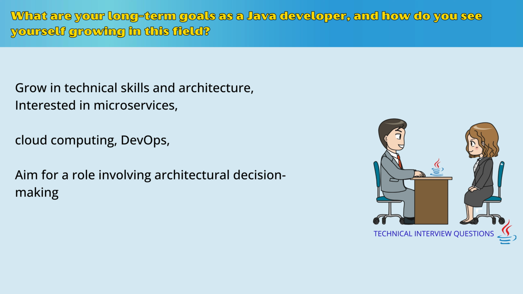I also want to take on more responsibilities, such as leading a team or mentoring junior developers, as I believe this will help me grow both technically and professionally. In the long term, I aspire to move into a role that involves more architectural decision-making, where I can design and oversee the development of complex systems. I'm also interested in contributing to the open-source community, sharing my knowledge and learning from others. Overall, I see myself growing as a well-rounded software engineer who can contribute at both the code level and the architectural level, helping to build scalable, high-performance applications that meet the needs of users.